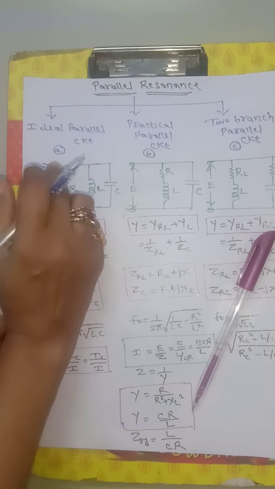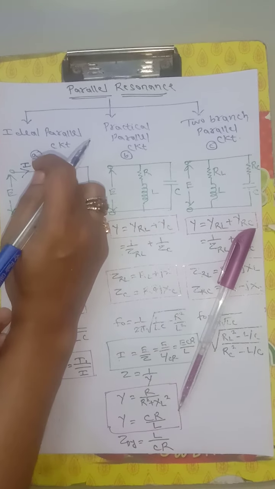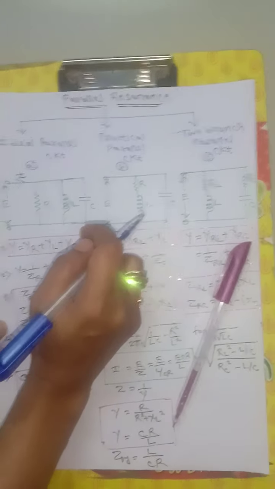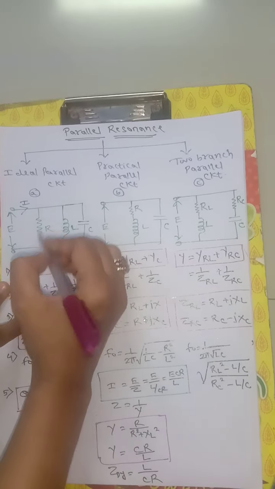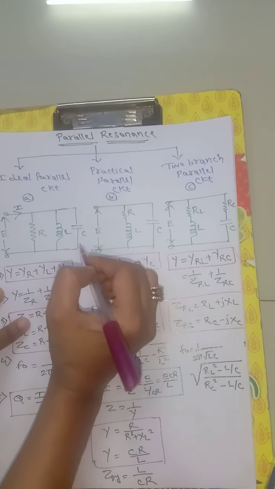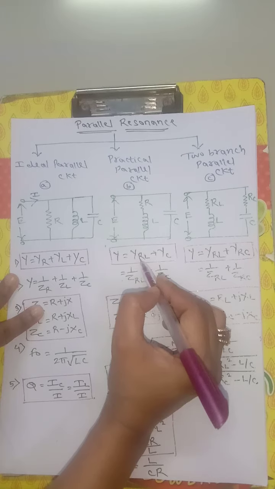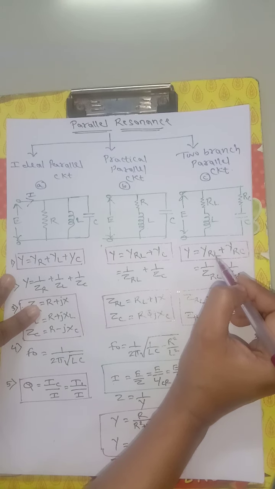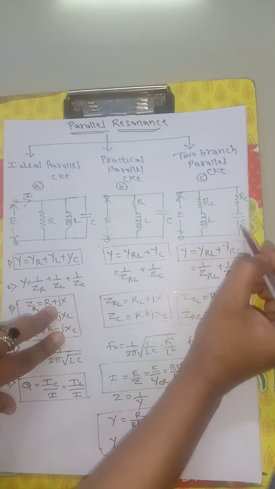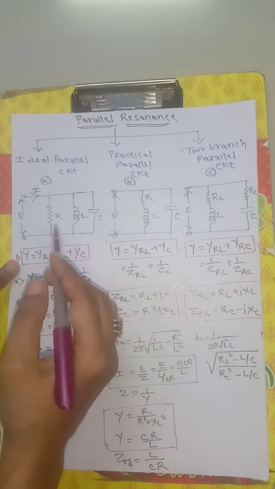While calculating the admittance, we are interested in how the current divides in each branch. Here will be my total current, so the current flowing in each branch will be different just because of the division of current. So the admittance will be denoted by Y, and for this particular case YR, YL and YC. Similarly, because of the combination of R and L, the admittance is YRL, and C will be individual. And here R is in series with C, that's why YRC is there. In this way you can calculate the admittance.